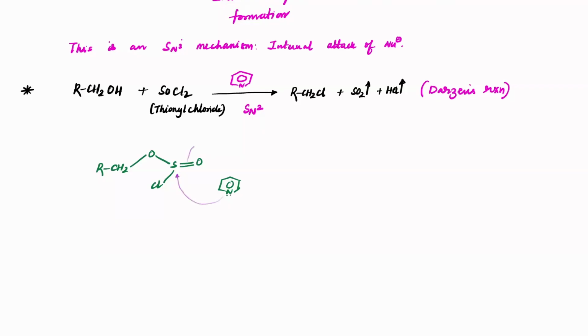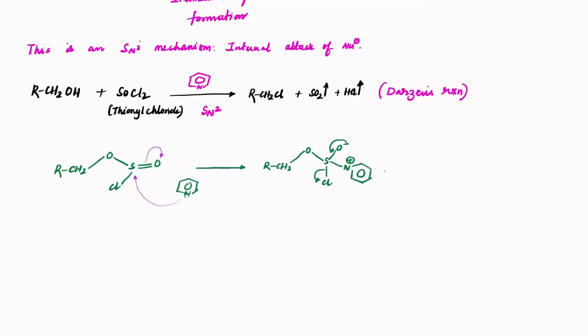Push it here to change this part into this form. So we have RCH2O with S, O minus, with the pyridine form here like this, and Cl getting a positive charge here. In that case, now this will close here to remove the chlorine completely. Now the chlorine will be completely relieved out, and I'll get this as